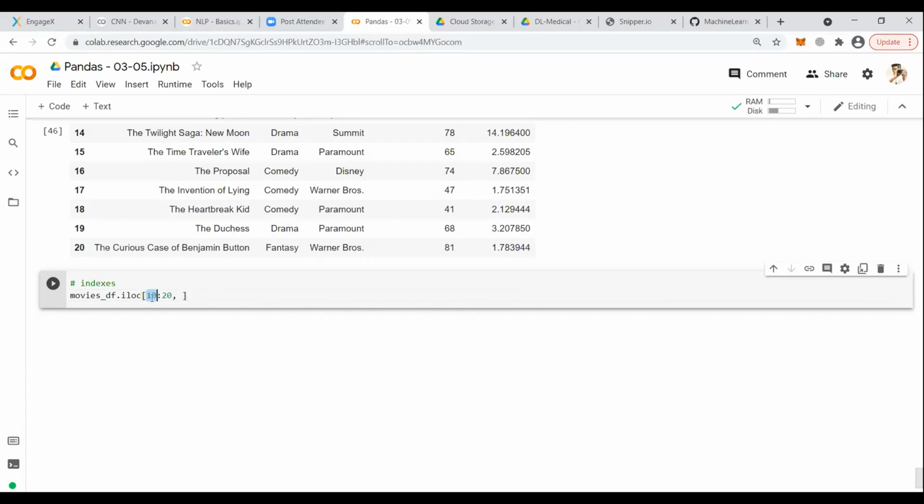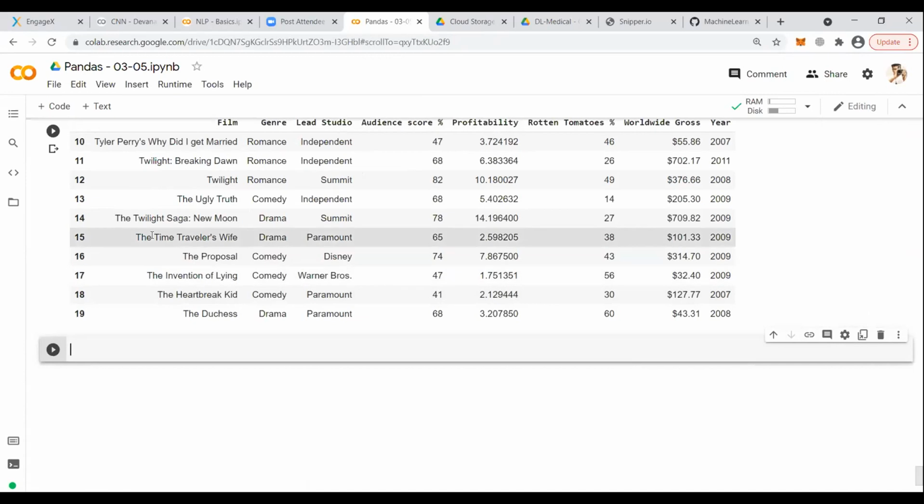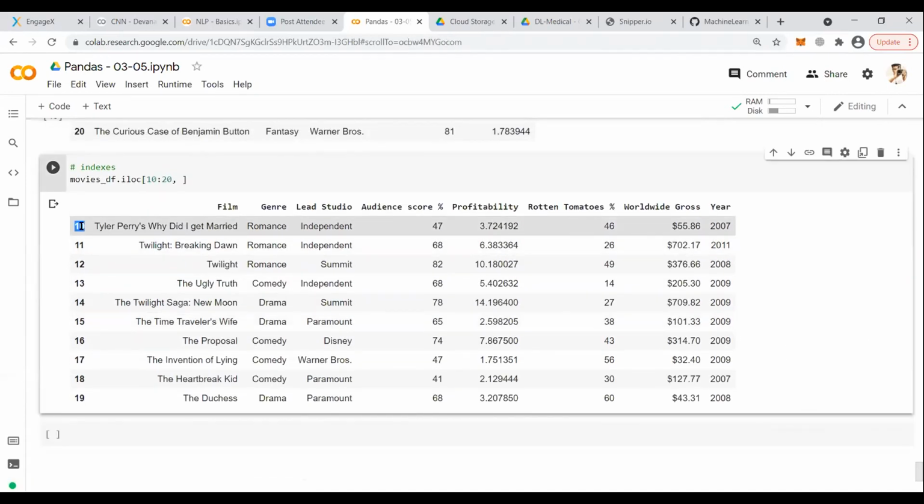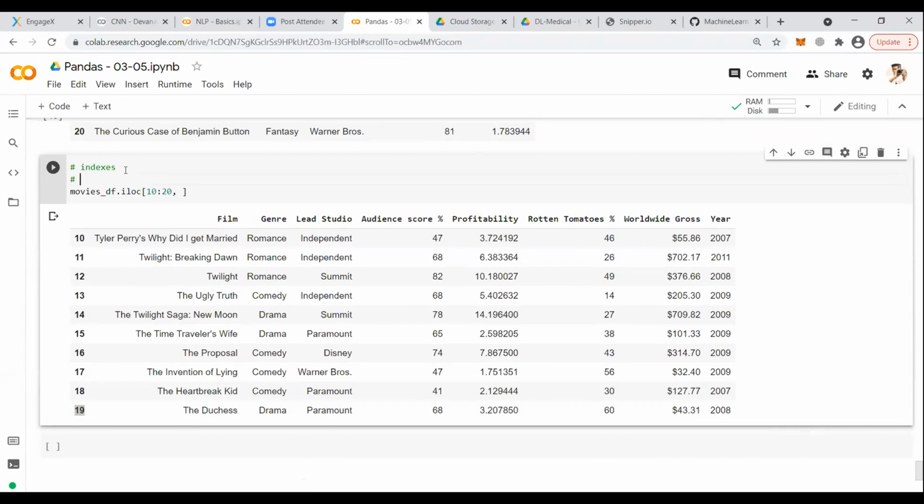Let's say we have a start value as 10 and end value as 20. This time, the start value is 10, that is fine, but it is not going up to 20, it is going up to n minus 1. The reason is, this is considered as indexes. So if you are passing the value as an index, then it will show rows from the start value to n minus 1.